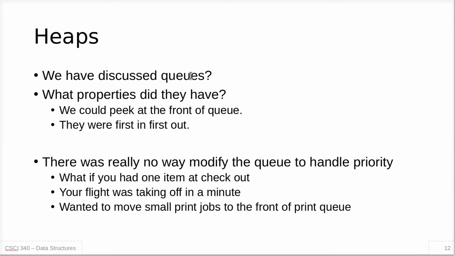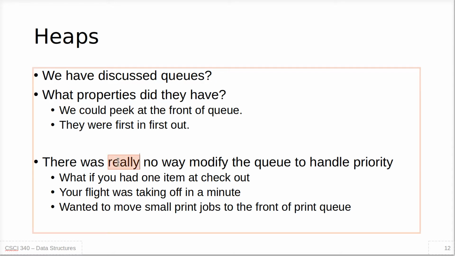Now, we've already discussed how a queue works, right? It's a first in, first out data structure. The first thing you put in is the first thing you get out. You can peek at the front of the queue and you can put things in the back of the queue. But there's no way to really modify the queue once it's going, and it doesn't handle this concept of like